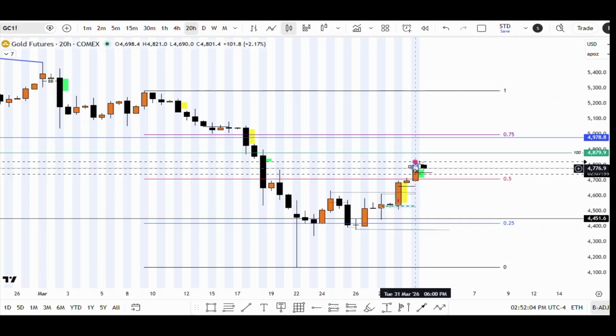Impulse step, then a corrective step. That's all price is doing. Impulse correction, impulse correction. Once you understand that it's always doing this, the trick or the skill is now trying to figure out when it's correcting, where is it going to stop, and what are you looking for to then